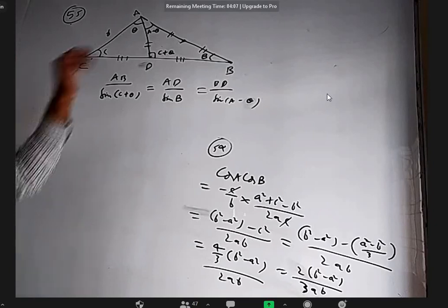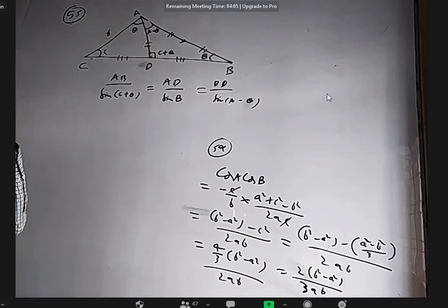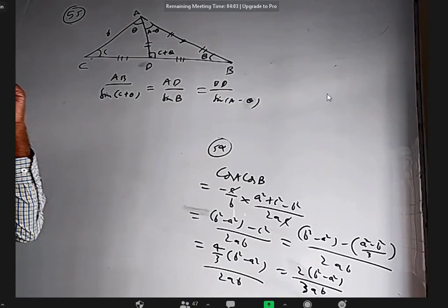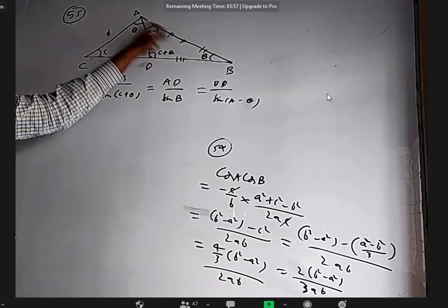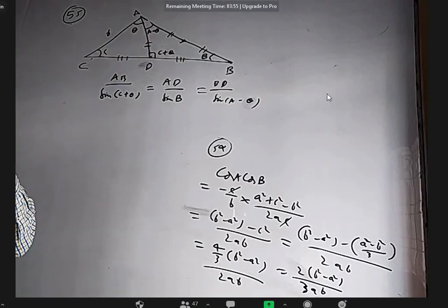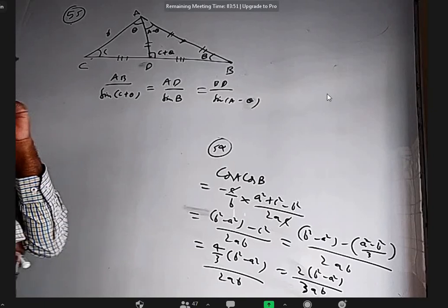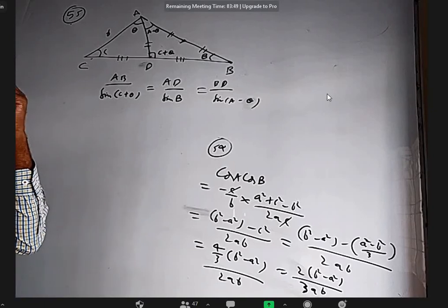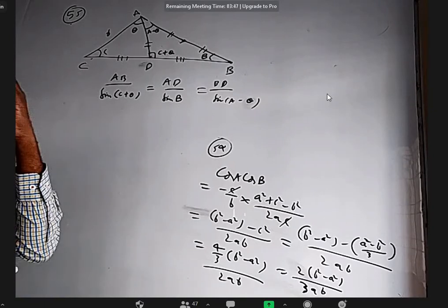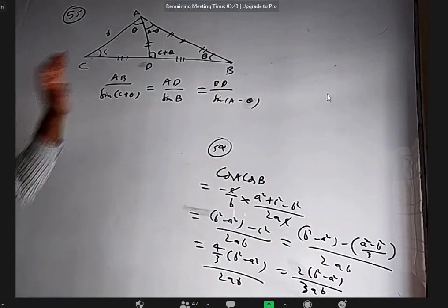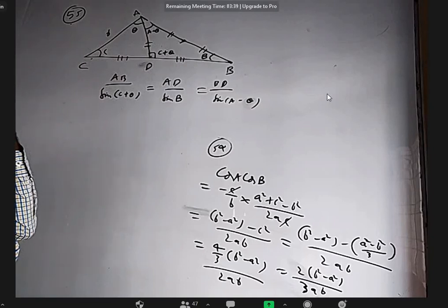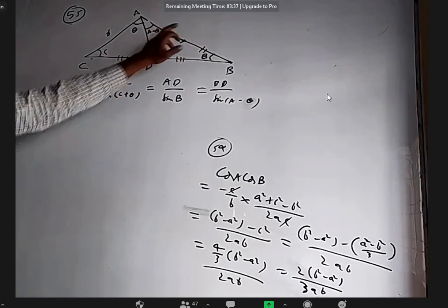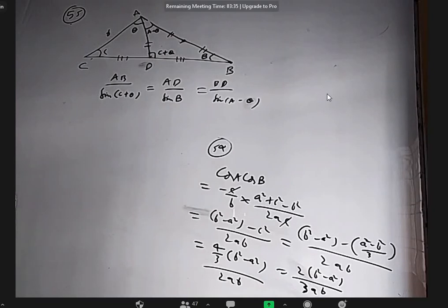I think I need to apply sine rule here, or here, or the total triangle sine rule, and do something. Basically, I have to use two pieces of data: that this is a median, which has to be used somewhere, and that this length is double of this, which has to be used somewhere. There is a rule called the MN rule. I can use it also, but I have to prove the MN rule for you. The MN rule tells something about this angle, this ratio. But there we may not use this double of this. We have to know the ratio of these two there.